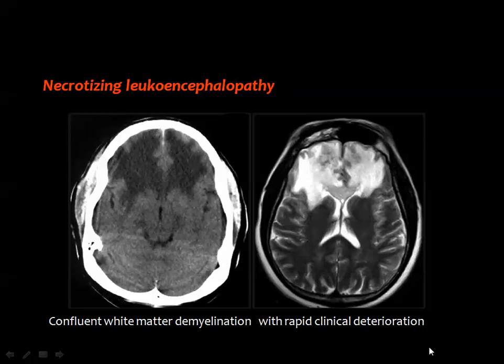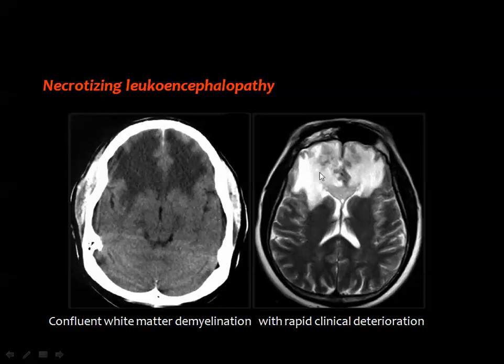And this is a commonly seen appearance by CT and MRI affecting the white matter in the form of diffuse hypodensity of the frontal lobes. And this is commonly seen whenever irradiation is directed to the paranasal sinuses or the nasopharynx, for example.